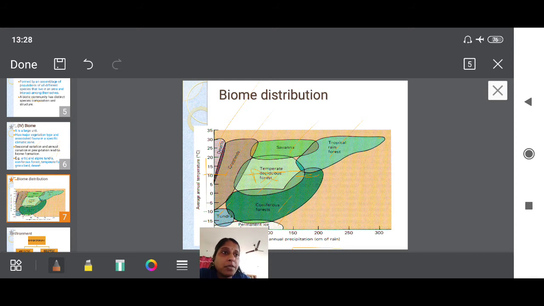What is the maximum range it can go up to? It can go up to like 35, something like that. So like that you should know the range. And for precipitation, if they are asking about the savanna or the tropical rainforest, you have to just see the minimum one will be the tip one. So 160, something like that. And what is the maximum precipitation it can go up to? It can go up to 300 centimeters.